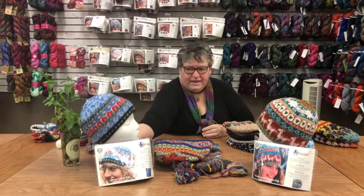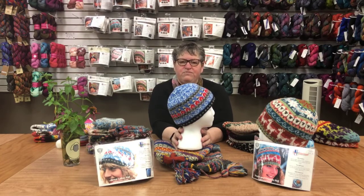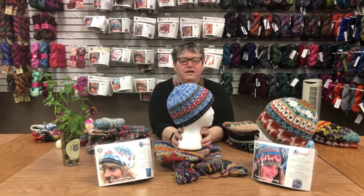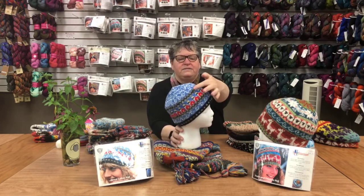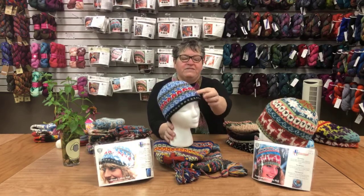hats. So I'm going to show you the hats, and we will start with this year's Michigan Fiber Fest hat, and it is the Great Lakes hat. The motif came out of the class that I taught last year for last year's hat, and this lighthouse is inspired by a lighthouse on Isle Royale, and the lighthouse light itself is actually beads, and you can see the shoreline, and on the top the waves, or if you prefer, the sky, and we definitely have waves around the